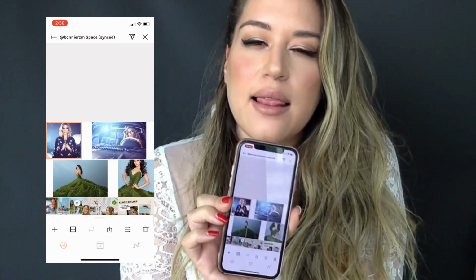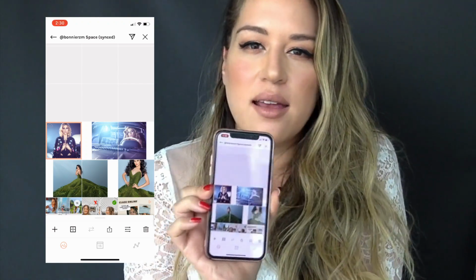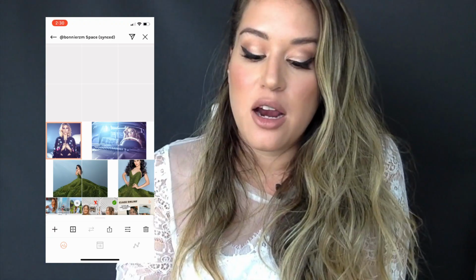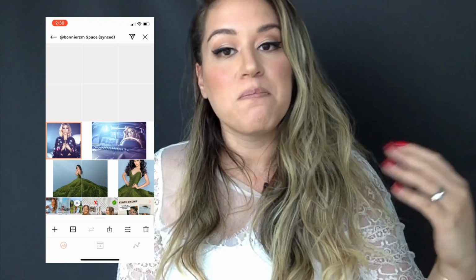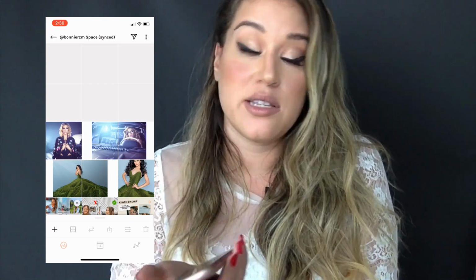This is how it's gonna look on your Instagram. It might look a little bit more cohesive. Maybe you don't really care, because when somebody sees it on your Instagram feed, it might look complete. So again, it is really about taste. But these are possibilities, and it's really cool, to be honest.